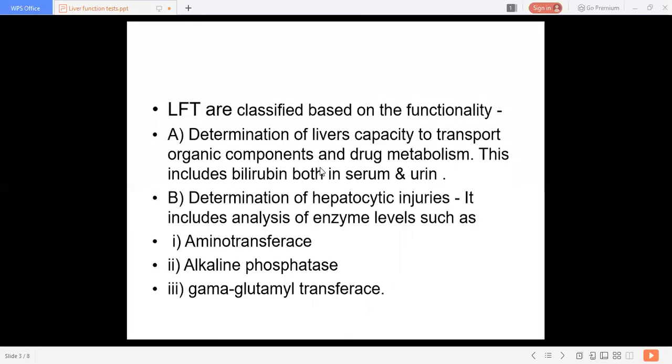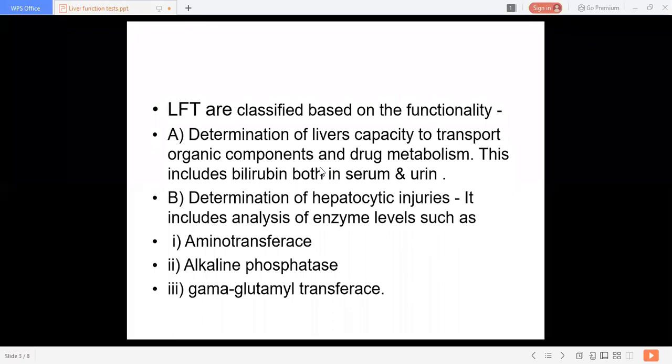Okay. Now about total bilirubin. Total bilirubin is the form of bilirubin which is insoluble in water and which includes both the conjugated and unconjugated forms. The normal value of total bilirubin is about 1 milligram percent. So this includes both conjugated and unconjugated forms of bilirubin.